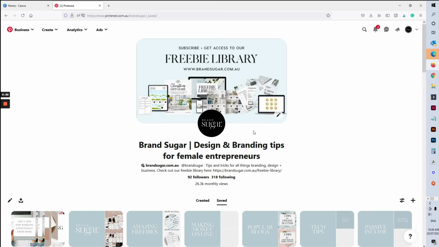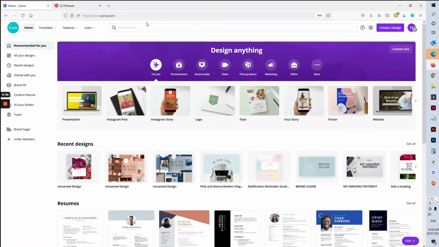Today I'm going to be using the free software Canva. So it's canva.com, and all you need to sign up is an email address. I highly recommend it. I think it's an amazing tool. So once you're logged in, your screen will look like this, and in the top right hand corner I want you to click Create a Design